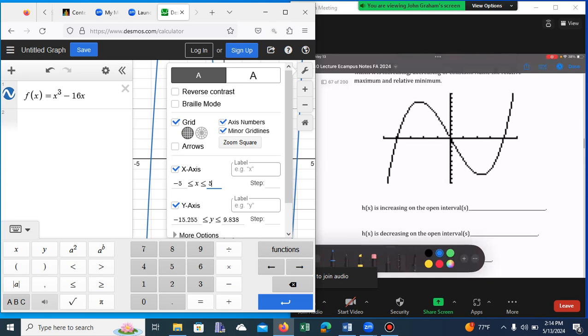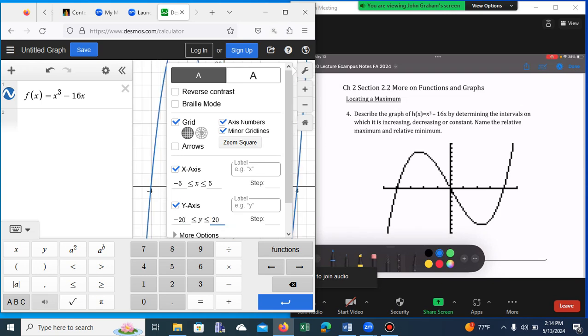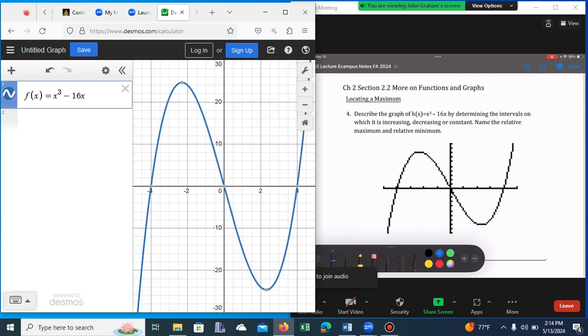Okay, which I don't have. So let's do 20. 1. Doesn't seem like it's everything in, so let's do 30. Trying to make sure I have everything in. There we go. All right, so we have a relative max at